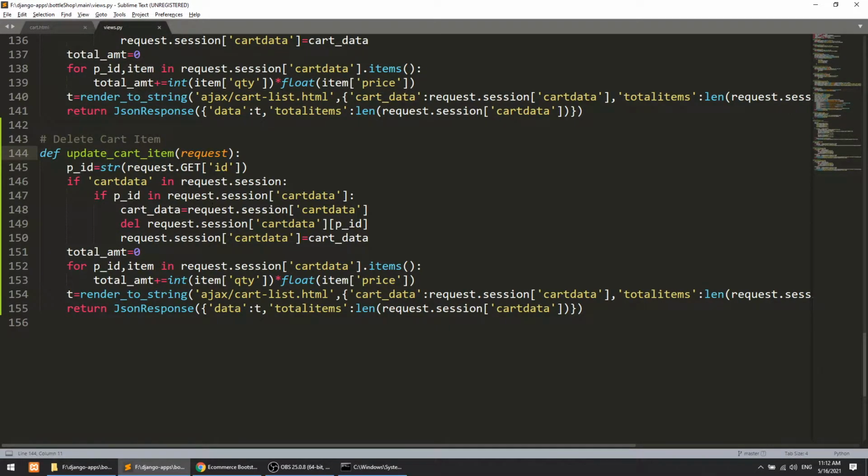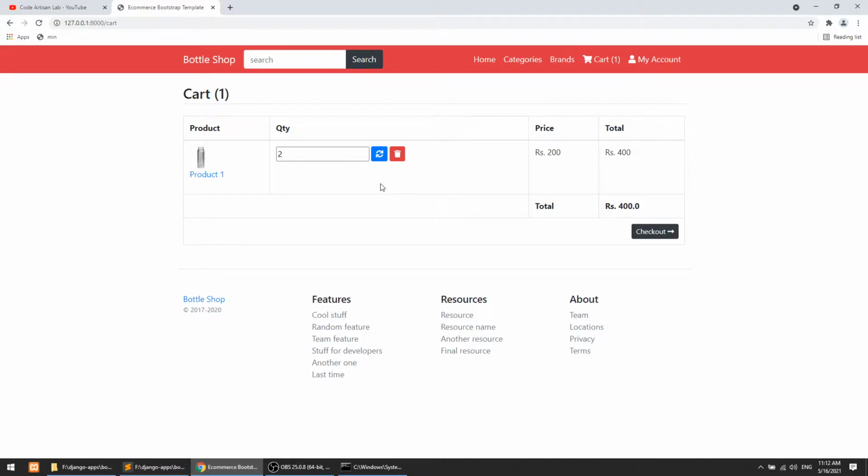We will edit this later, and we need the total amounts. We need to pass this data. When we update this, we need to change all this data. Actually, we need to change this price, and this total and grand total.